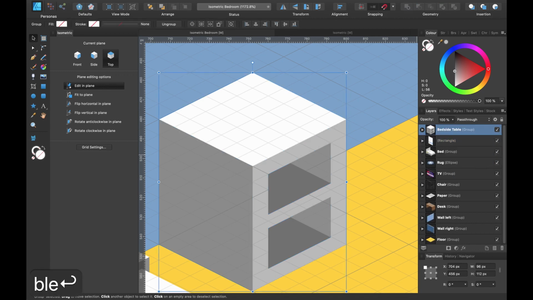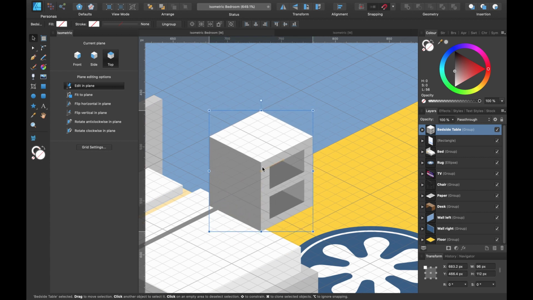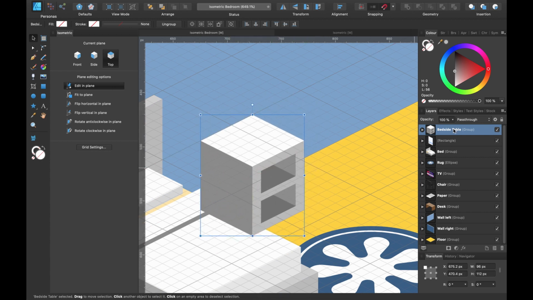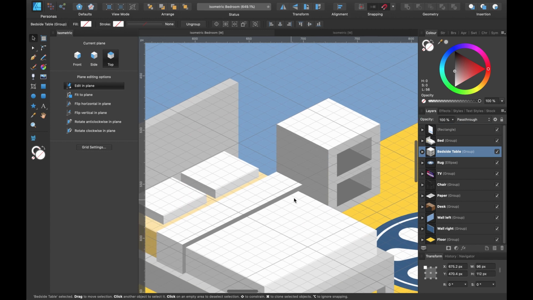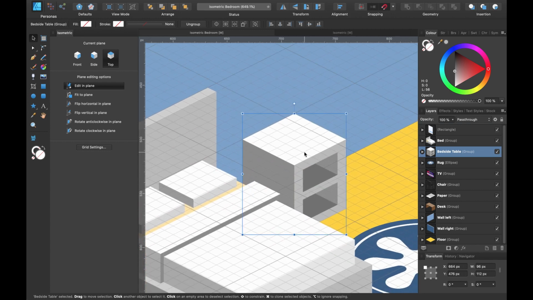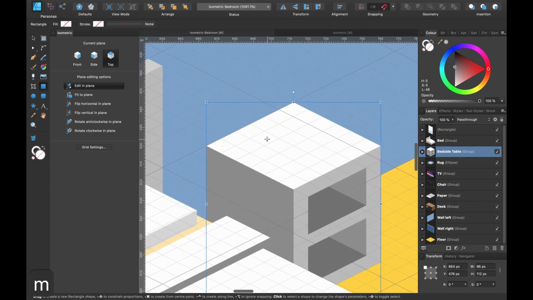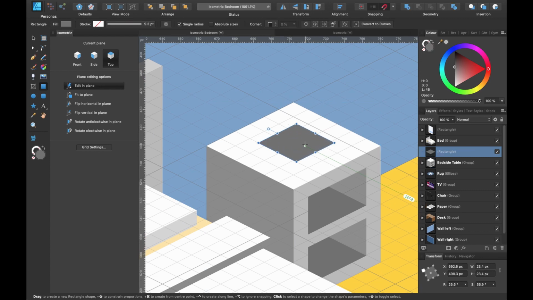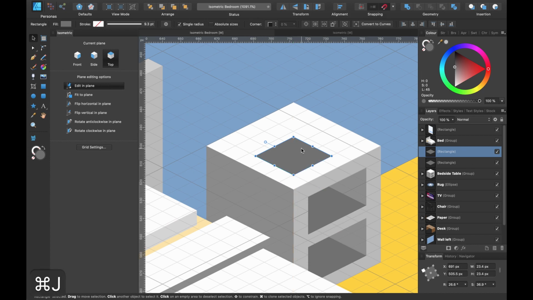bedside table. And let's move this down behind the bed slightly. And on the layers panel, just drag it underneath the bed and let's bring it a little bit closer to the bed. I think every bedside table should have a light on it, so let's go ahead and create that. So click M for the rectangle tool again, and we'll draw out a shape. Press V for the Move tool, just have it slightly on the edge here, and let's duplicate that. Command J and bring it up slightly, and then keeping a finger on Command and Shift, we'll make it slightly smaller. And this one we can make a lot lighter.